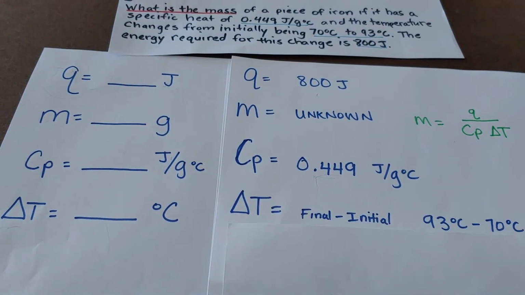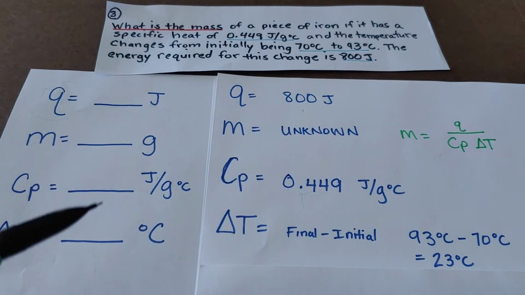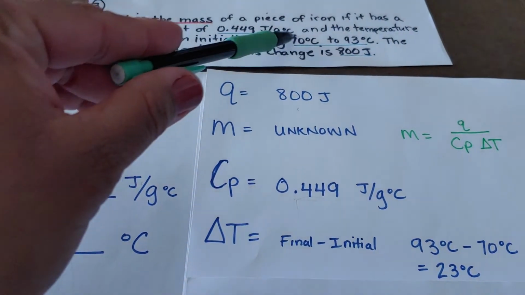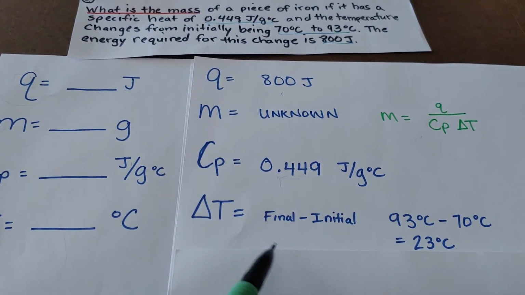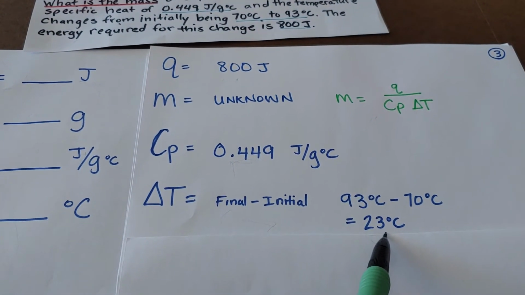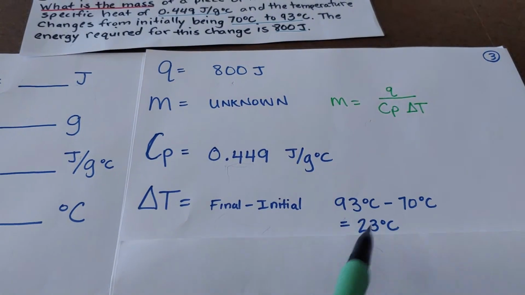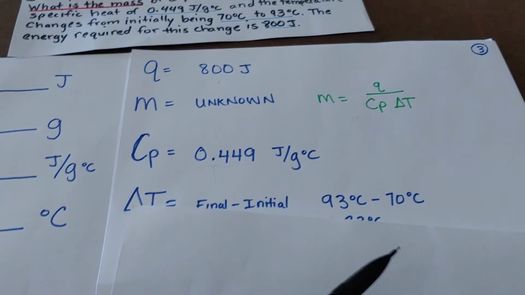And then last but not least, for delta T, or change in temperature, we're looking for numbers that have degrees Celsius. In this case, we had our final temperature and our initial temperature, which we did subtract to get 23 degrees Celsius as our change in temperature. So now all we have to do is go ahead and plug it into the formula and put it into